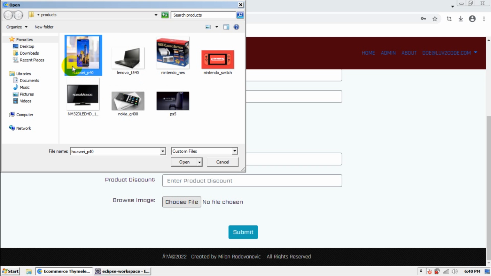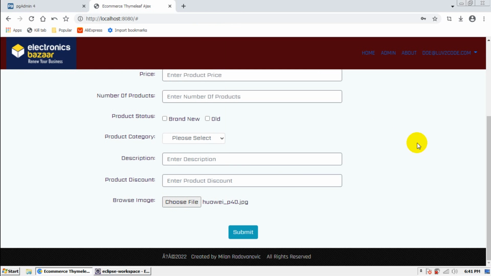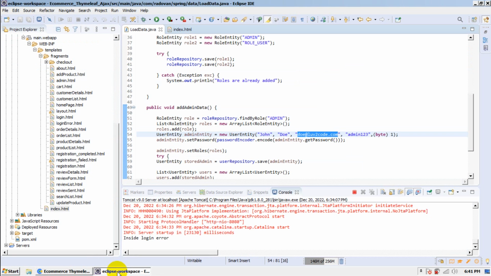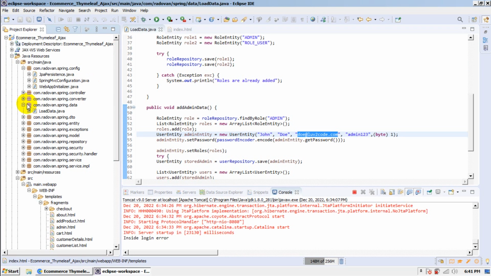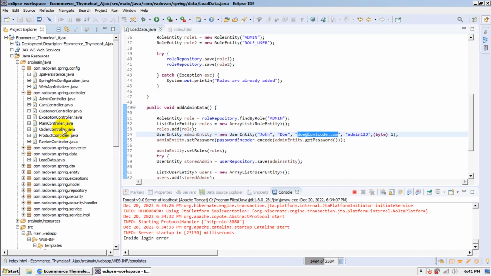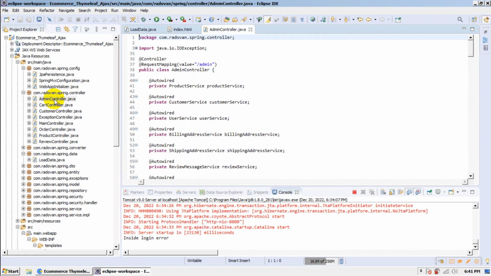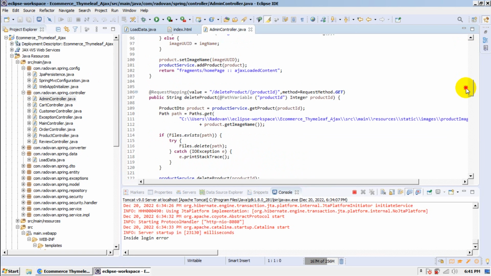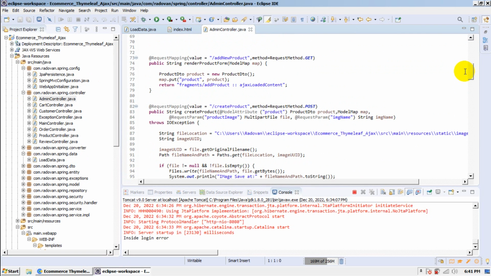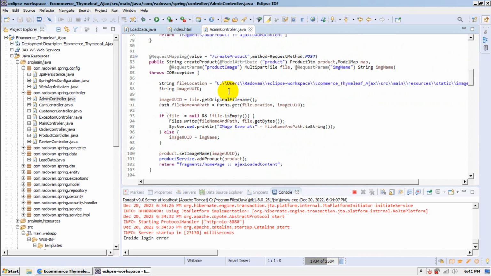Okay, I will open this Huawei P40, and I will explain once again. Here it's the same situation as on the admin controller, because I created an admin controller, as the admin will have the possibility to create, update or delete the product. Here you will see in the create product section